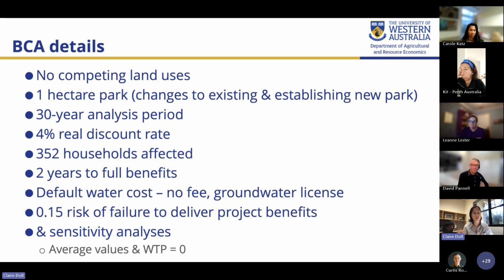However, in the full paper, we do look at some different BCA scenarios that look at different possible water costs and what that would do to the overall results. And yes, again, we do a range of sensitivity analyses that I won't necessarily have time to go into here.